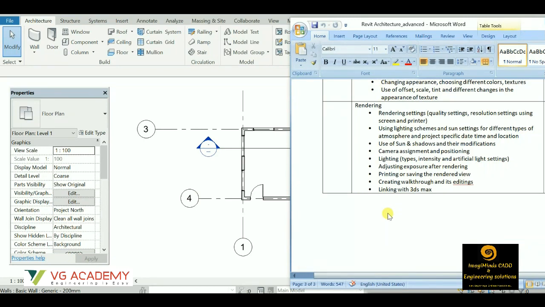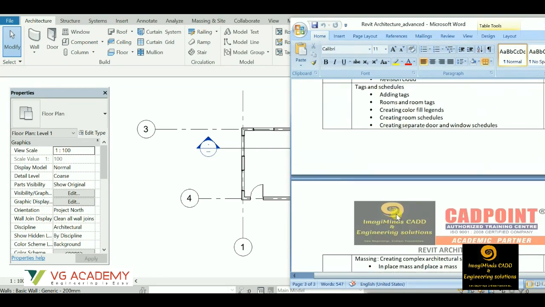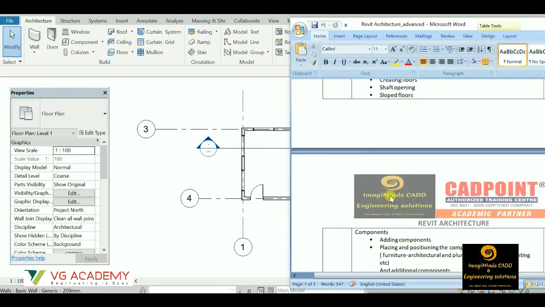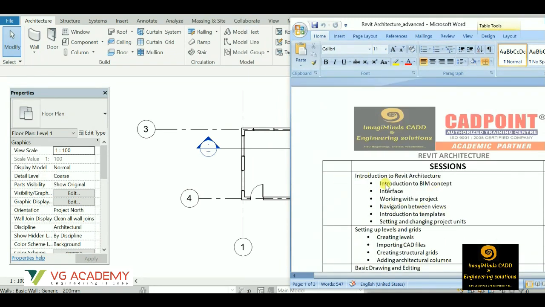So this is all about the syllabus. These are the topics which we are going to discuss in the entire Revit course curriculum. So let us start with the first exercise session. So let us start with the first module, that is Introduction to Revit Architecture. So we'll start with that in the next